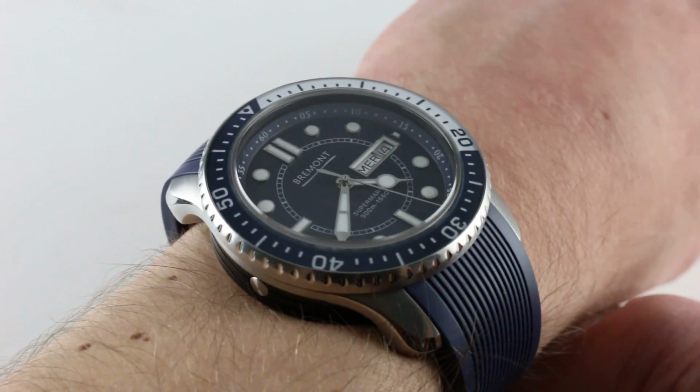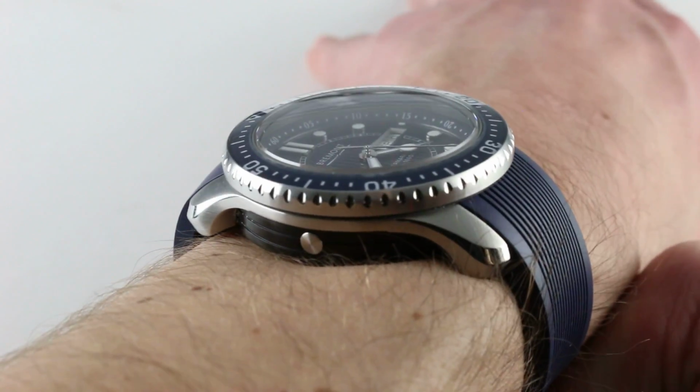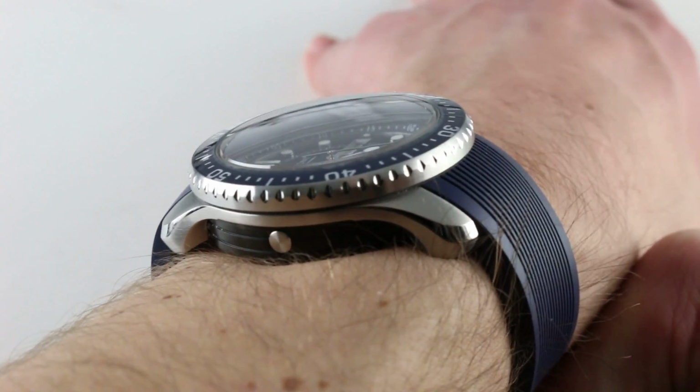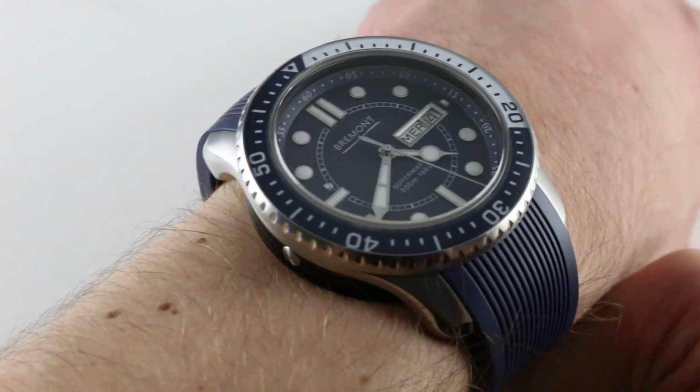So yeah, you could actually wear this under a suit jacket cuff, and from lug to lug, it really stretches its advantage by shrinking its footprint relative to something like the Deep Sea. You can see that the watch is a compact 50.5mm across the wrist from lug to lug,